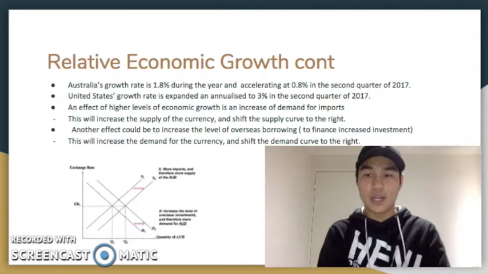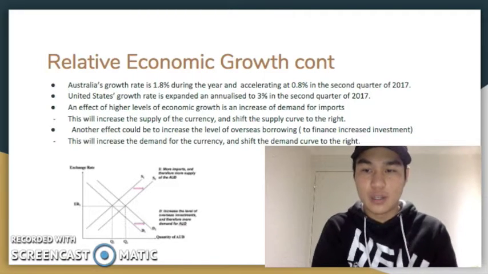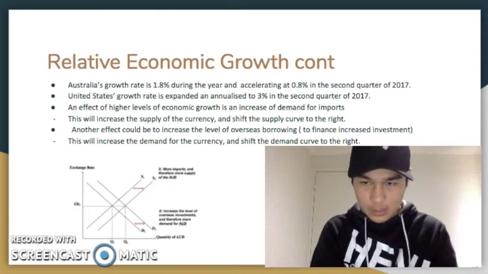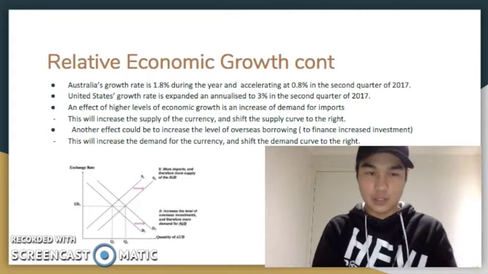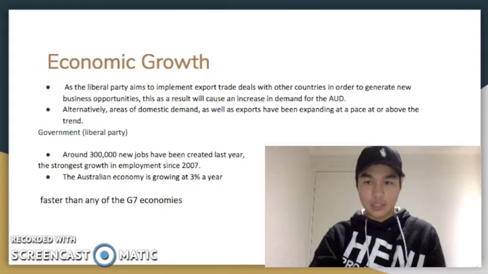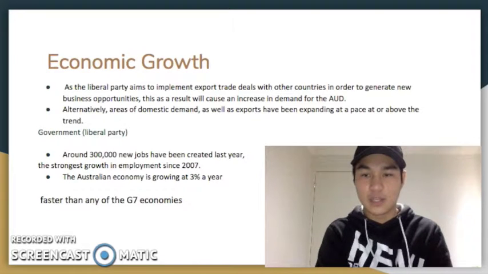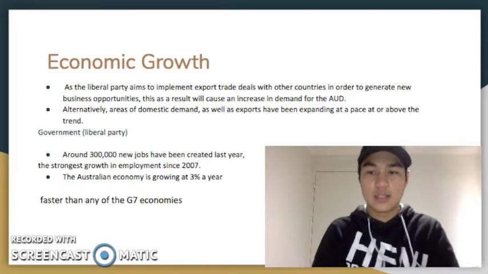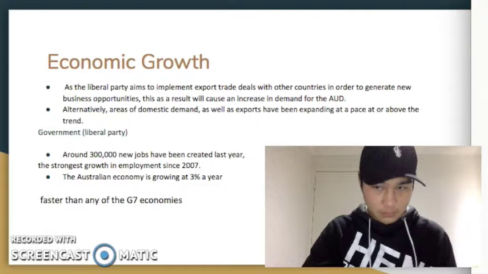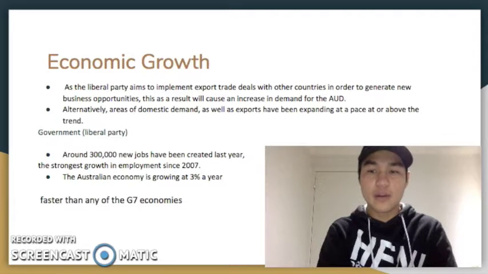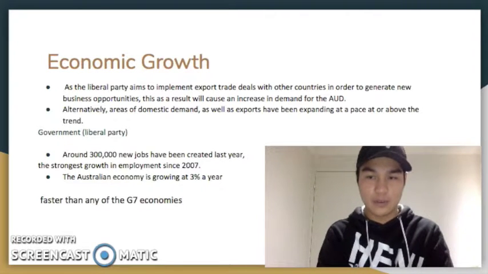As the Liberal Party aims to implement import trades with other countries in order to generate new business opportunities, this will result in an increase in the demand for Australian dollars. Alternatively, areas of domestic demand as well as imports have been expanding at a pace at or above the trend. Under the Liberal government, around 300,000 new jobs were created last year, the strongest growth in employment since